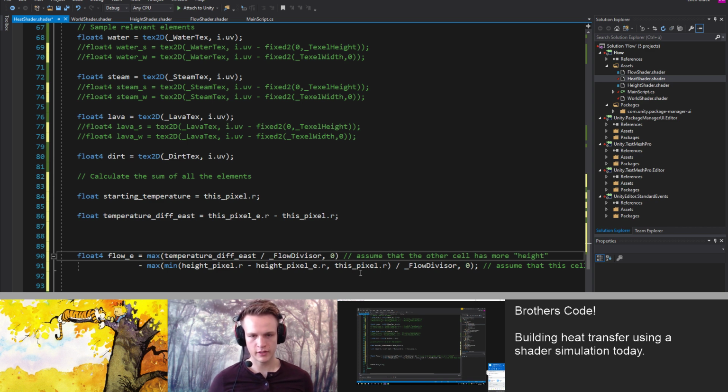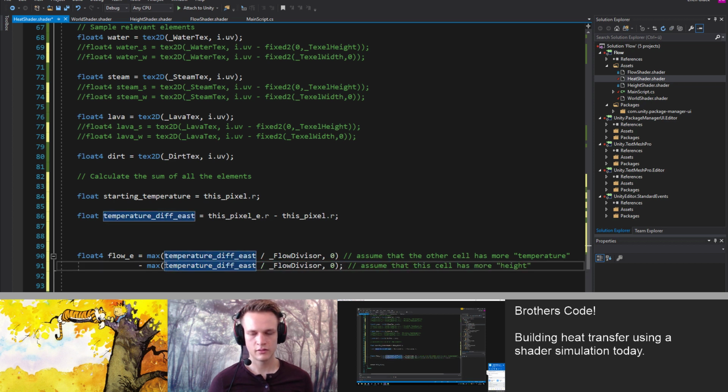And then, okay, so flow divisor, that'll just work. And don't we need this plus the eastern flow, assuming that the other cell has more temperature? And then this is this minus the other, which is the negative. But in this case, this calculation is symmetric. So we don't even need the second piece.